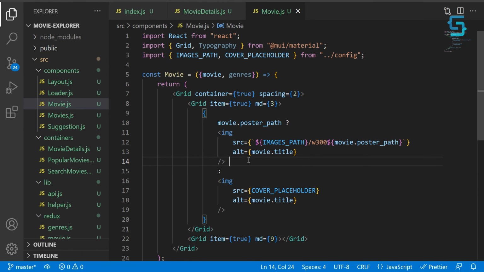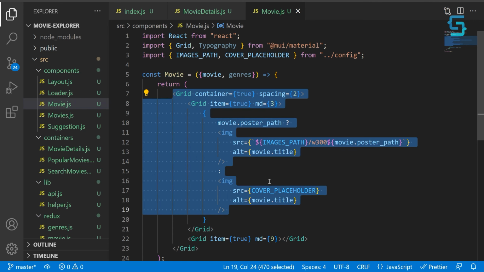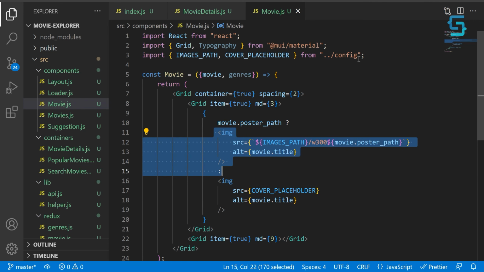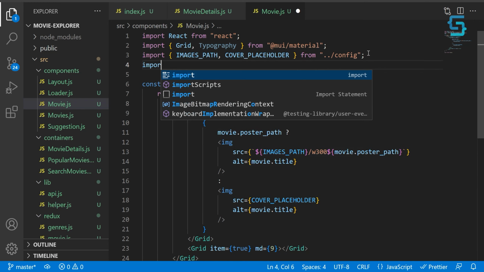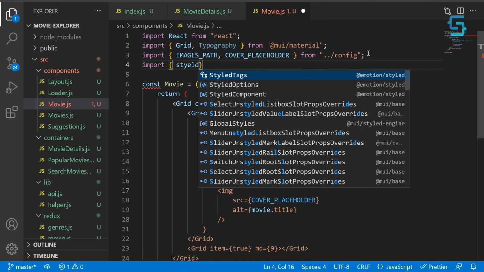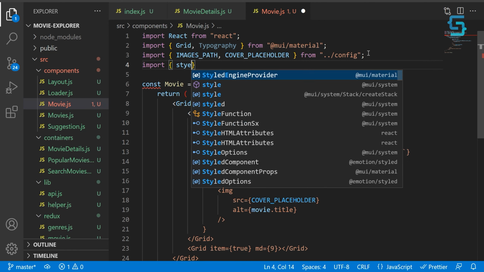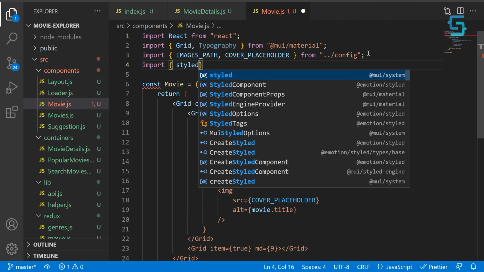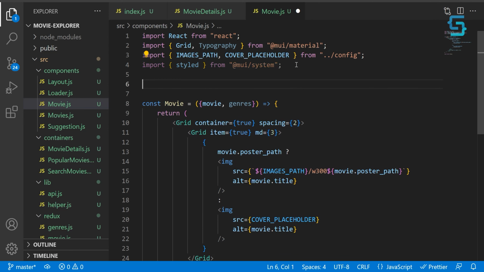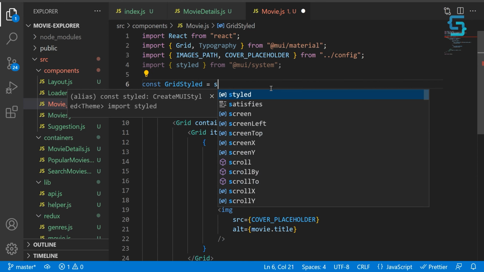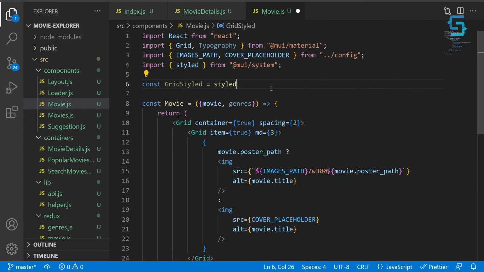Next, I want to apply some styles to this container grid and to these images. So let's import styled on the top here. So import styled from the MUI/system here. Now let's create a new styled component. So let's call this GridStyle, and it's equal to styled. And the component that we're gonna create is a Grid component,